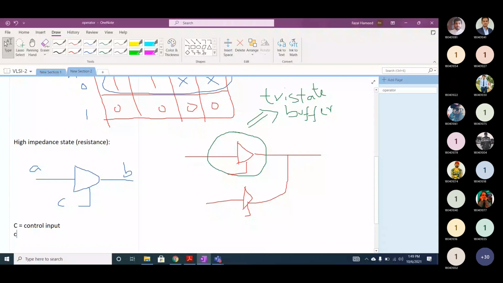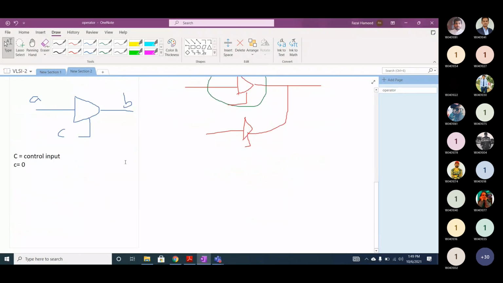If C is equal to 0, B will be isolated from A. This is A, and now this is B. B is isolated. And if C is equal to 1, what will happen?